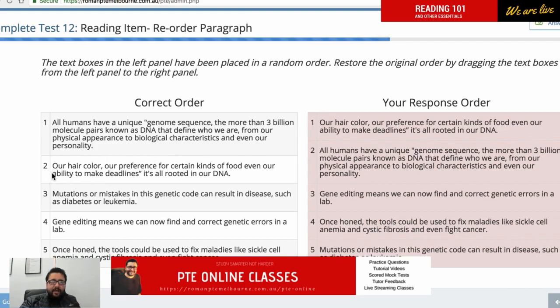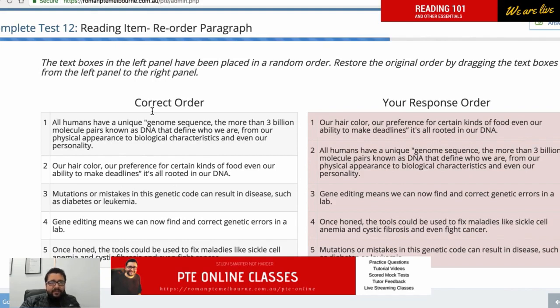Second sentence says our hair color, our preference for certain kinds of food, even our ability to make deadlines, it's all rooted in our DNA. Two things. First, both sentences are talking about DNA. Second, you can see that in the first sentence they are saying from our physical appearance to biological characteristics. And if you look here, our hair color, that is the example of physical appearance. Our preference for certain kinds of food, that's the example of behavior, biological characteristics of food. Even our ability to make deadlines, that is something related to, again, our personality, like being able to finish things